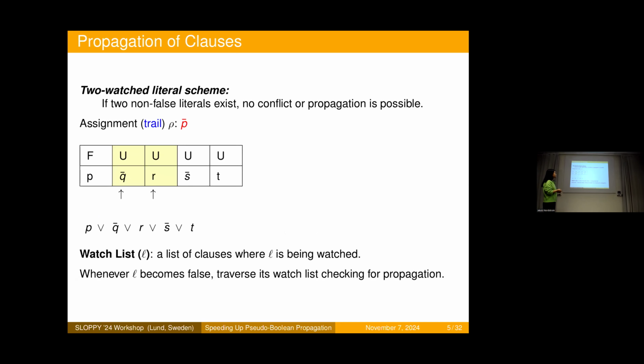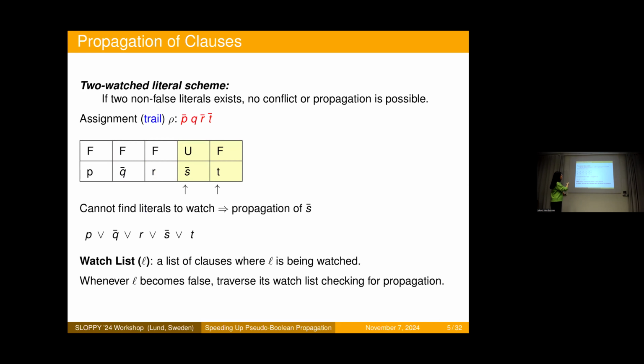The first is clauses. Here we use the watched literal scheme. The idea is that if two non-false literals exist, we can guarantee there is no conflict or propagation. For example, we have this clause. Initially, we are watching two undefined literals. If later this becomes false, we can watch this one, and later when this is false, we watch this one. Then if this is false, we cannot find another literal to watch, so we have to set this literal